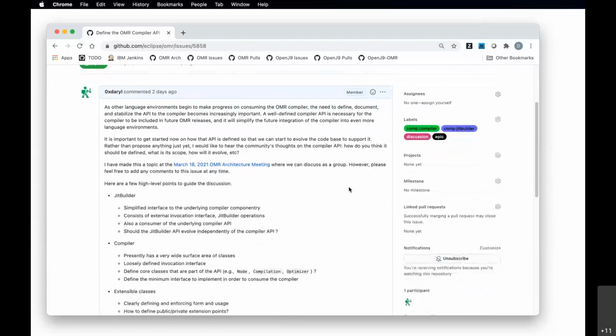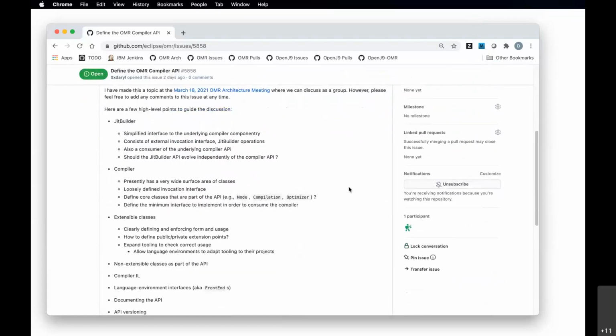So like I said, I don't like to do these kinds of things, but unfortunately I don't have enough information or insight yet to properly define something or even to propose something. So I am very interested in hearing what others have to say about it. I've got a few points in this issue to hopefully guide the discussion.